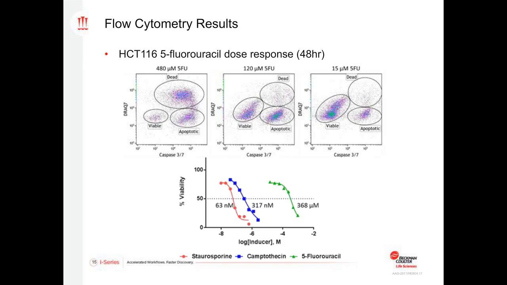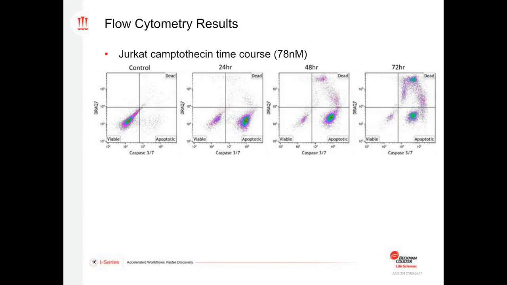And shown here is our Jurkat cell line, again the suspension cell line, so no trypsinization required. We simply added our reagents and did our analysis. And this was looking at a single concentration of camptothecin treatment at 78 nanomolar. And what you can see is over time, the untreated cells shown in the viable gate in the lower left quadrant, after 24 hours move into the apoptotic quadrant, so they're staining positive for caspase 3,7, but still very few